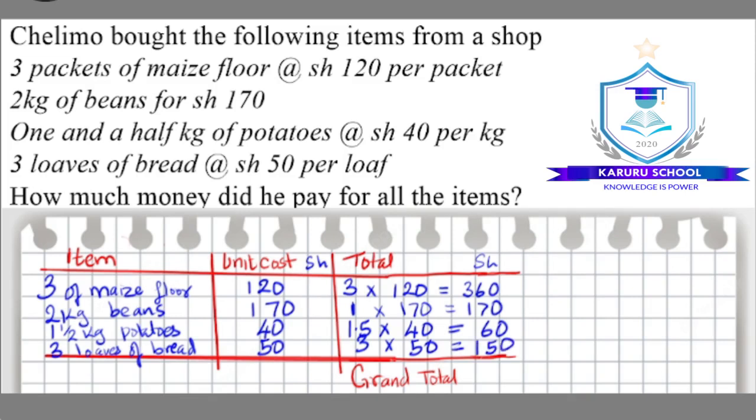150 shillings. So to get the grand total of all the amount that he paid, we will need to add all these amounts, and then we get the total amount here. So we have 0 plus 0 plus 0 plus 0 gives us 0. And then we have 6 plus 7 gives us 13, plus 6 gives us 19, plus 5 gives us 24. Carry 2, we have 2 plus 3 gives us 5, 5 plus 1 gives us 6, 6 plus 1 gives us 7. So the total amount that he spent